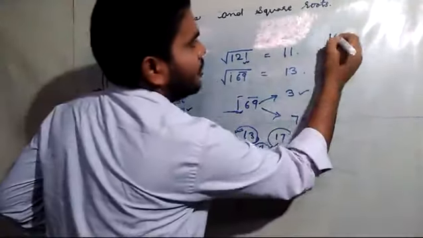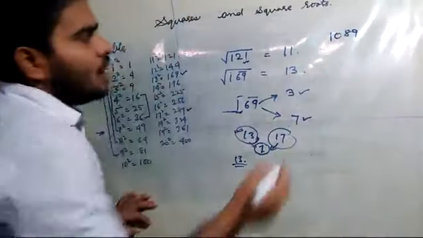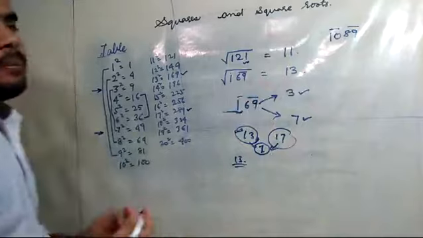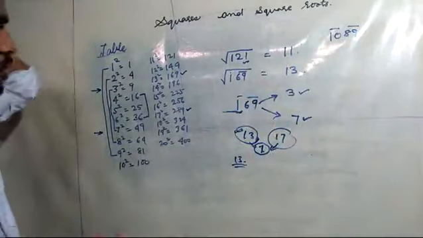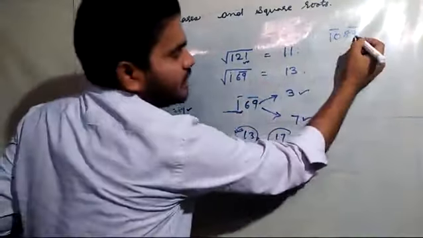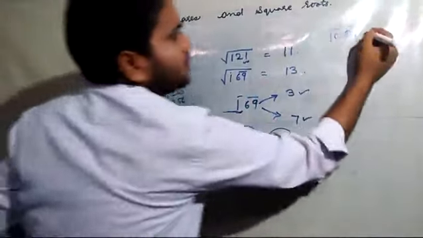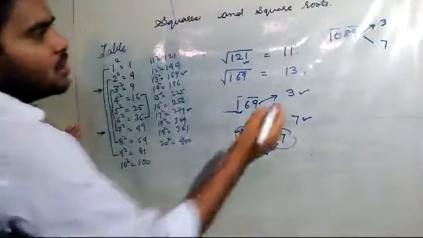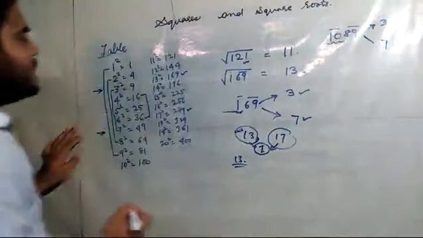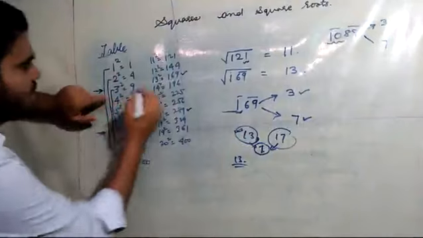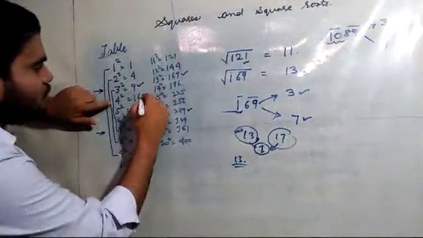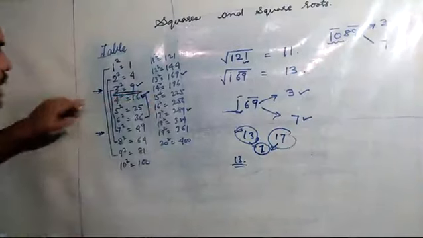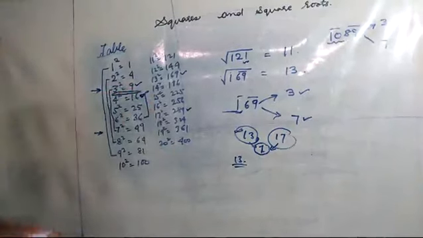1089. Let's take an example of 1089. Now we will make pairs of 2, 2. From the last, we always have to make pairs of 2, because we are finding the square root. Now again I have selected a number which has 9, so the unit place will be either 3 or 7, correct? Now this 10 is coming in between 3 square, which is 9, and 4 square, which is 16. So the number 10 will be lying somewhere between 9 and 16.